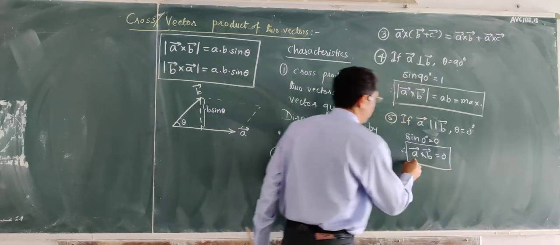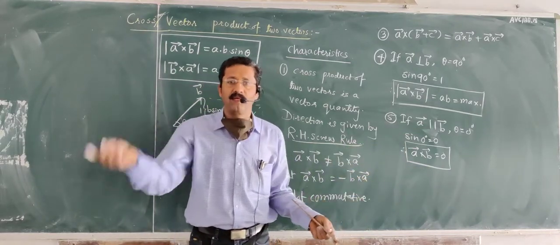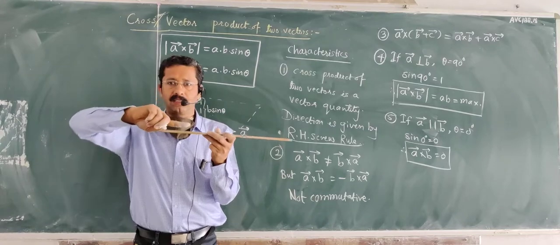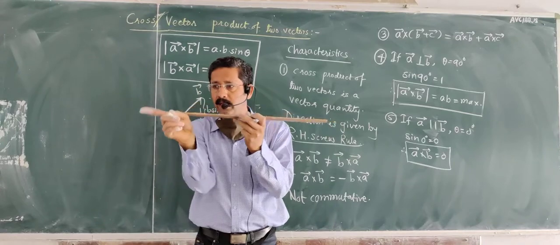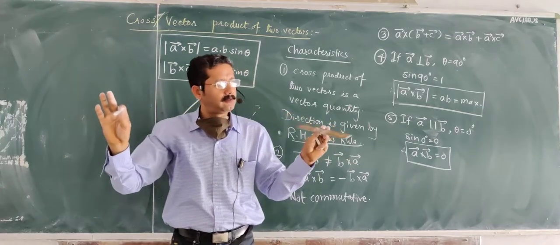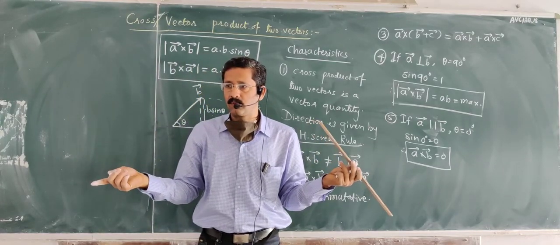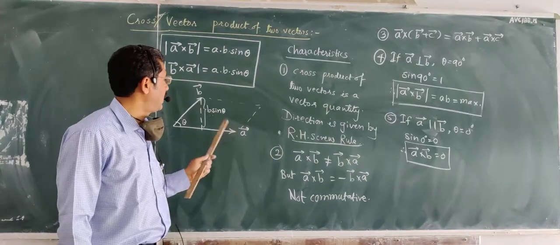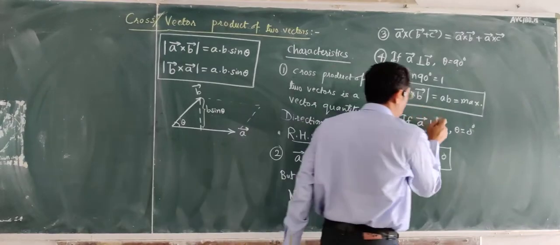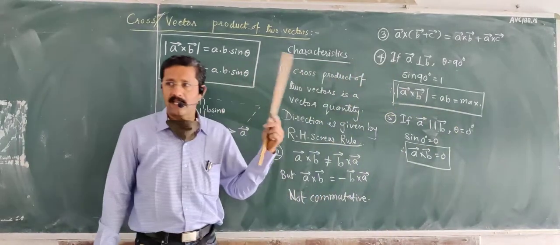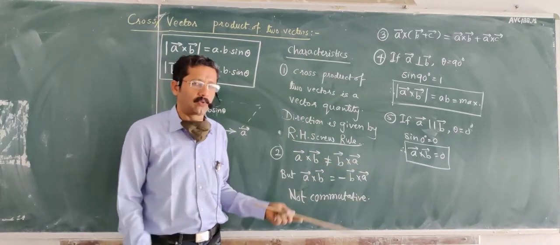The cross product of two vectors will be equal to 0 if the two vectors are parallel, also if the vectors are anti-parallel. Anti-parallel in the sense A is acting here, B is like this, now it has become 180 degree. Once again the parallelogram has gone. So once again 0 area for that parallelogram, because sine of 180 degree is also equal to 0. So you will find that it is not only if the vectors are parallel, but even if the vectors are anti-parallel, the cross product of two vectors happens to be equal to 0.